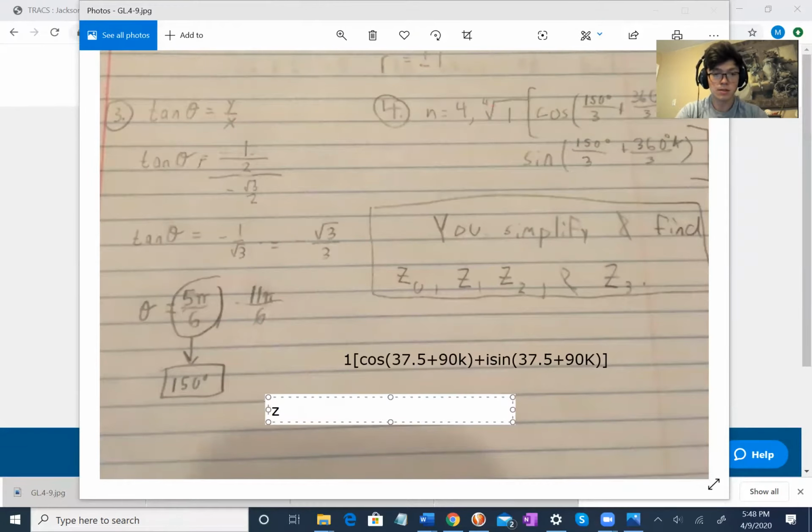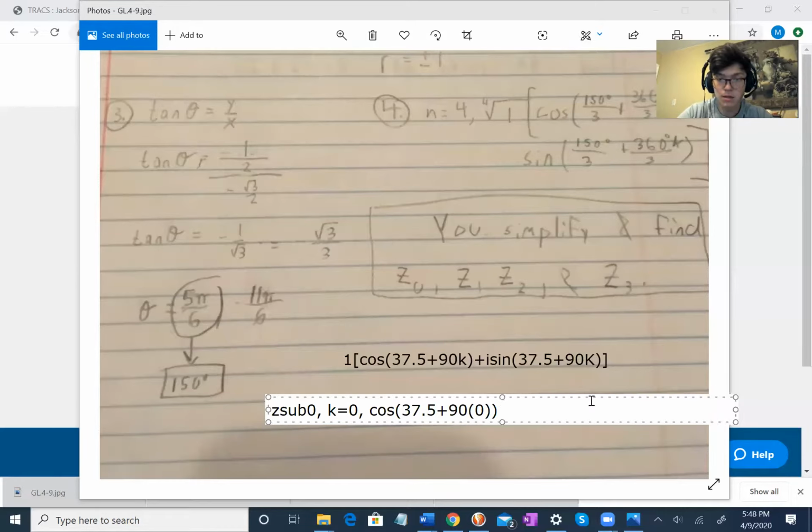So Z sub 0. That means we're going to have K is equal to 0. It's going to look like this. So we had that 1 out front, right? So I'm just going to go ahead and not write it, because 1 times anything is itself. So we have cosine of 37.5 plus 90 times 0. Keep in mind I'm plugging in 0 because that's K, right? That's why I'm plugging it in. So in that parentheses, plus,